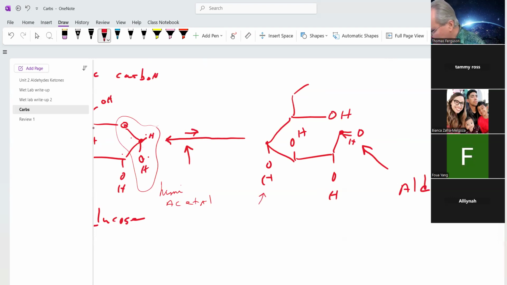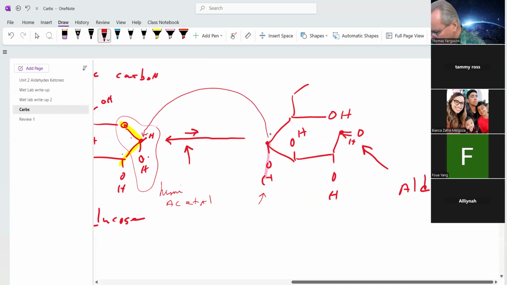So this is going to form the secondary backbone. This is going to form the primary backbone. So then this alcohol now is going to attach there. So what you end up with